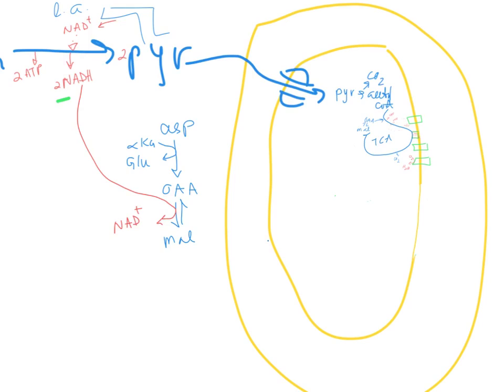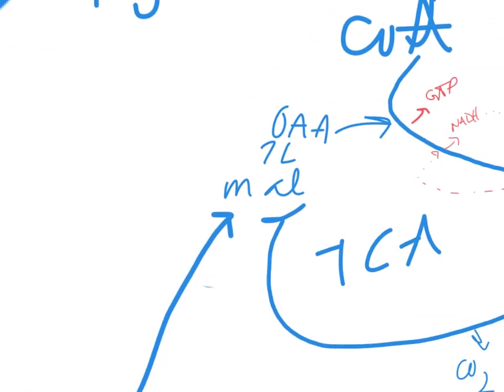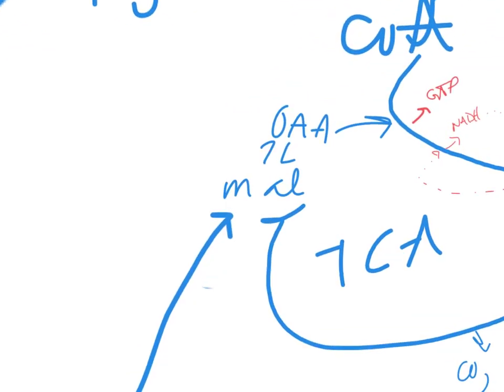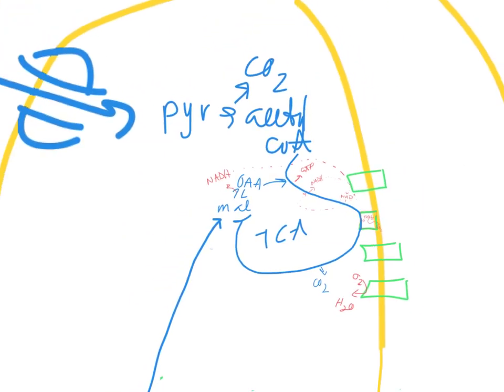This malate can cross into the matrix, and then it will rejoin up here to the TCA cycle, and if you'll remember, this is one of the reactions in the TCA cycle that spits back out an NADH, and then this NADH can enter into complex 2 as long as you're breathing. To complete the cycle,